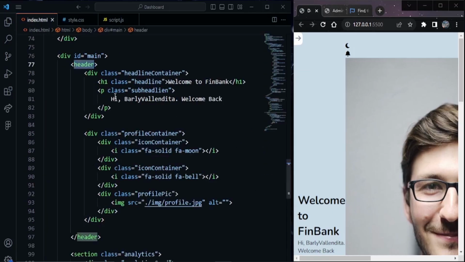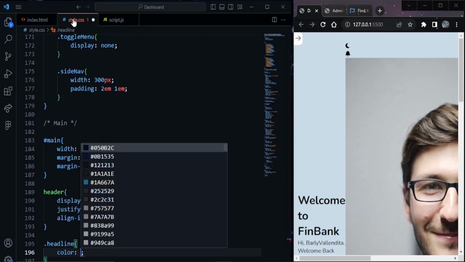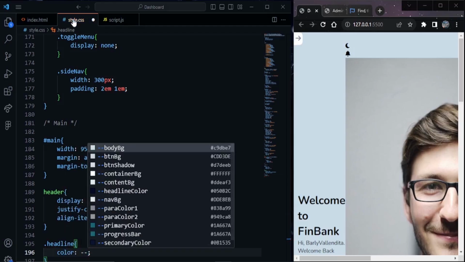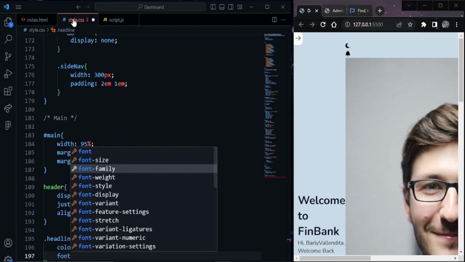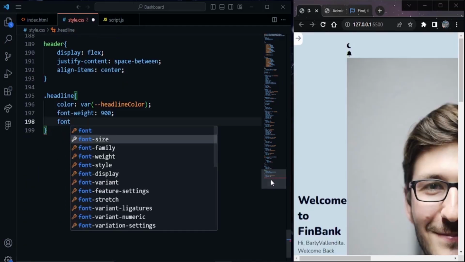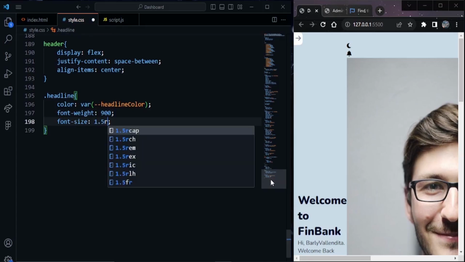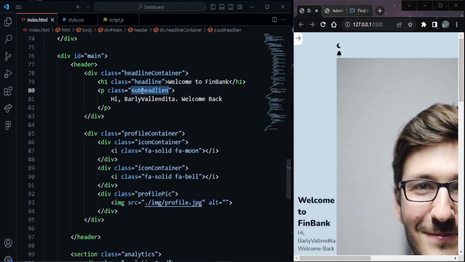So for the headline, the color will be headline color, and the font weight 100 extra bold, and the font size is 1.5 rem. It's around 24 pixel, and some style for sub headline,